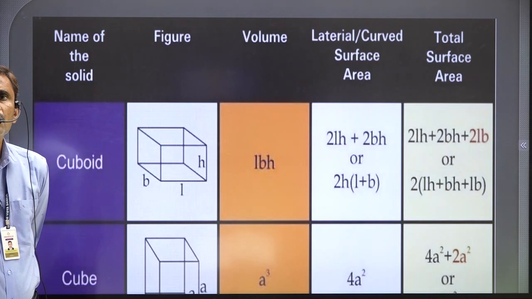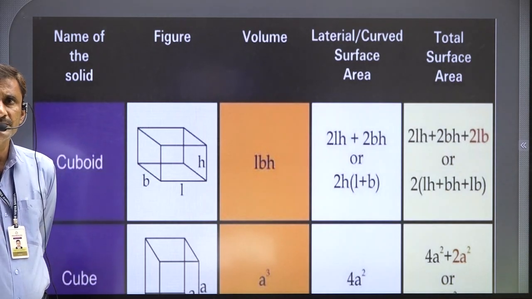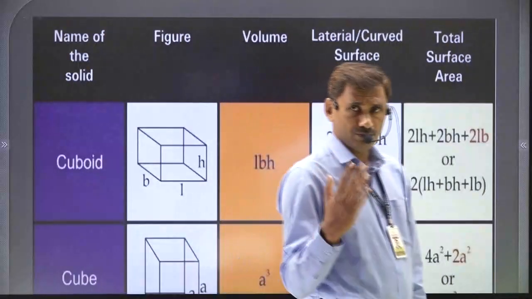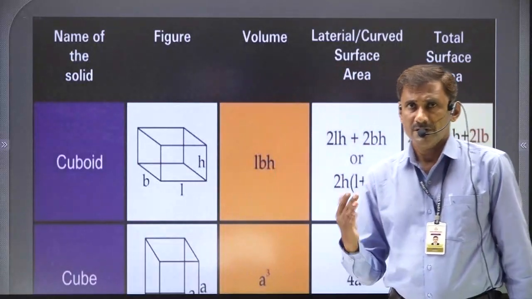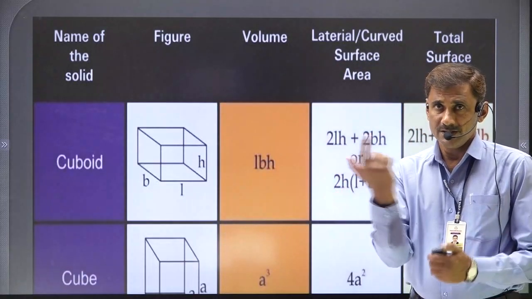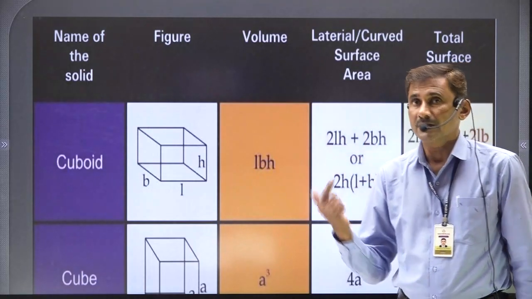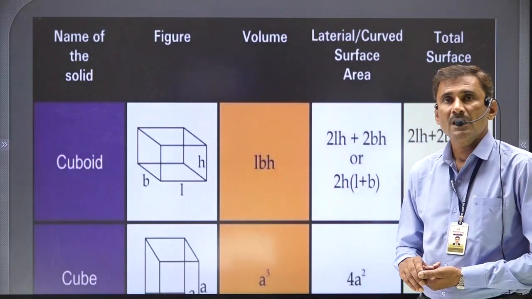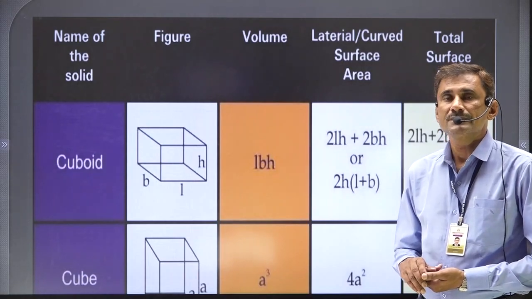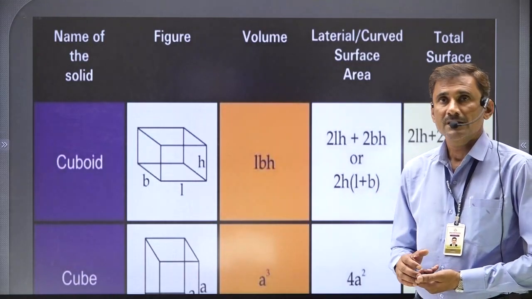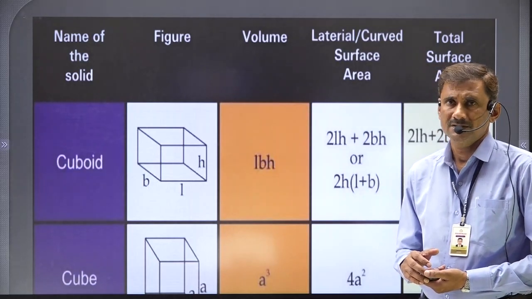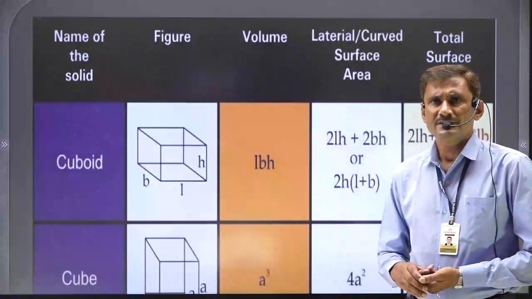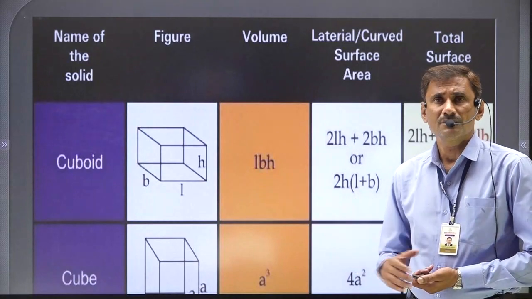Then how to find lateral or curved surface area? Here there is no curved surface area. In cube and cuboid, the lateral part is not curved, it will be flat. In cylinder, cone, sphere, hemisphere, they are curved, so at that time we can use curved surface area. But in cube and cuboid, we cannot use the term curved surface area here. Instead, we use lateral surface area. Mostly they are synonyms. Students and even teachers mix them up. It does not matter here, but understand well the meaning of that.